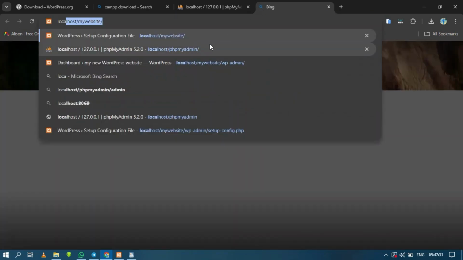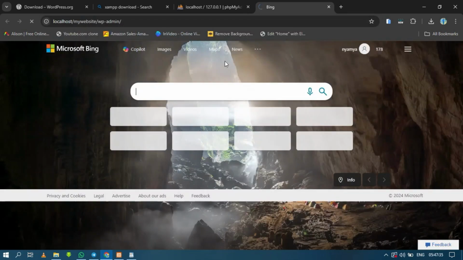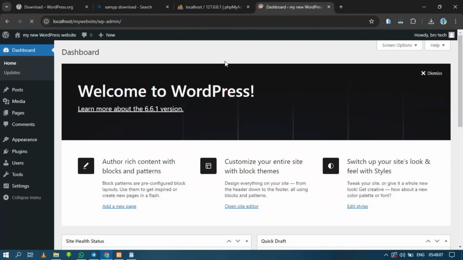Localhost/my website. All right, guys, it's still bringing us straight into the WordPress dashboard, but if we clear all this stuff from the browser and start fresh, then come back again,